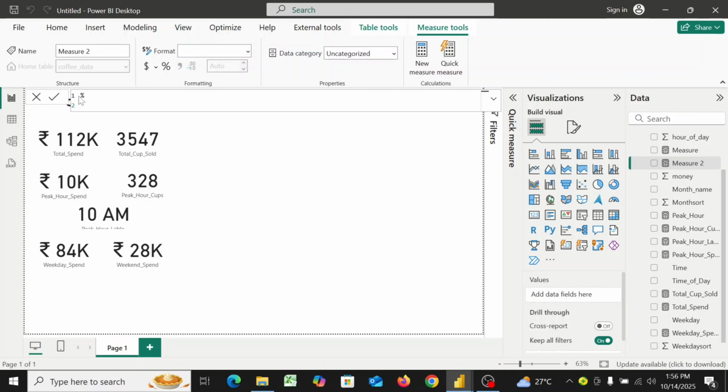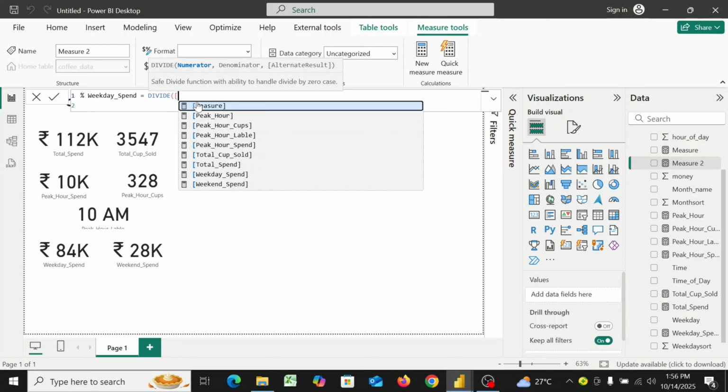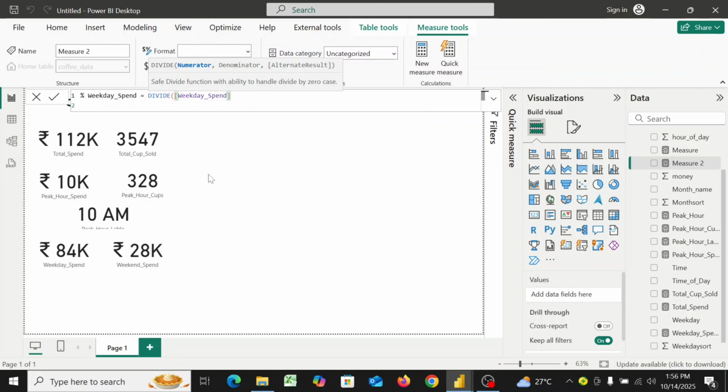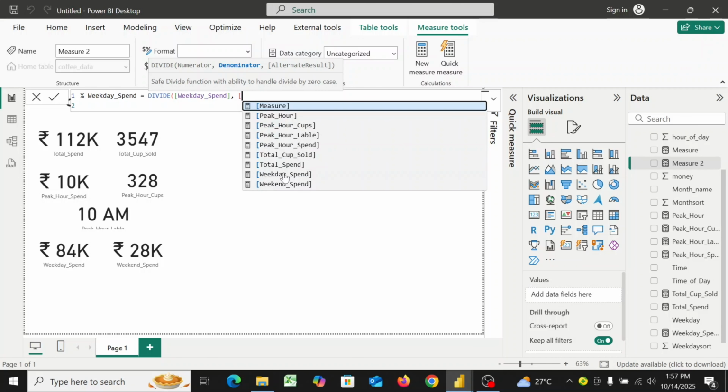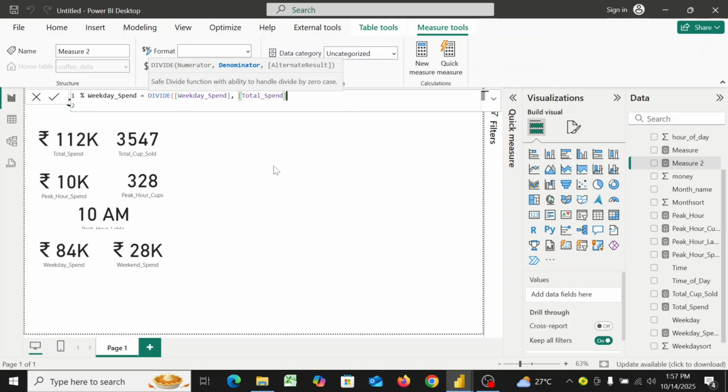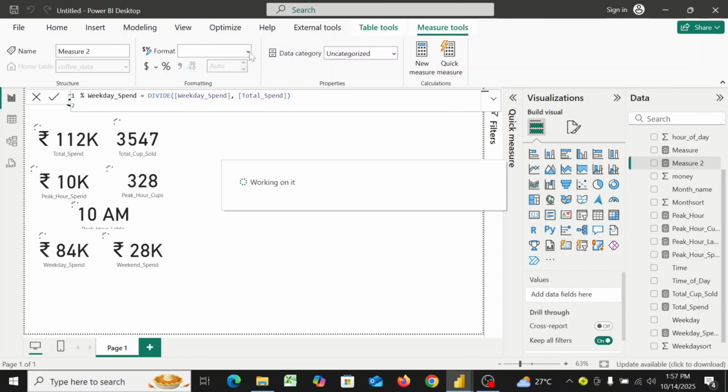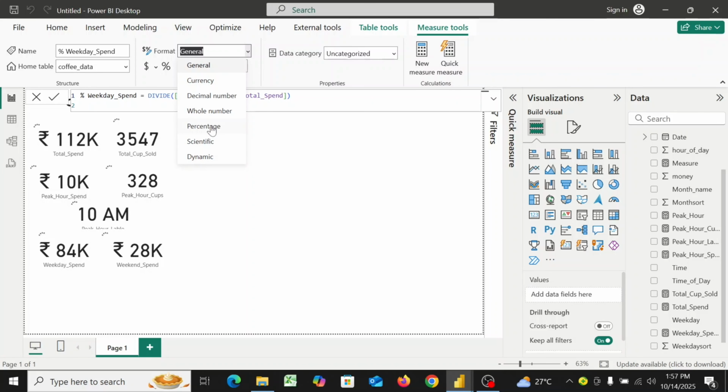Percentage of weekday spend equals, use the divide function, select the weekday spend, comma, total spend, close the bracket, select the format, select the format into percentage,